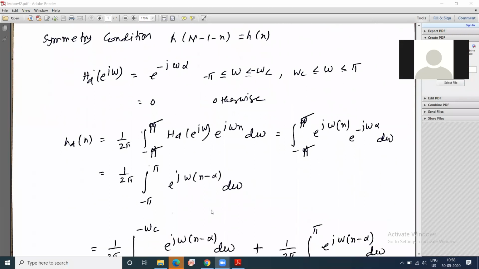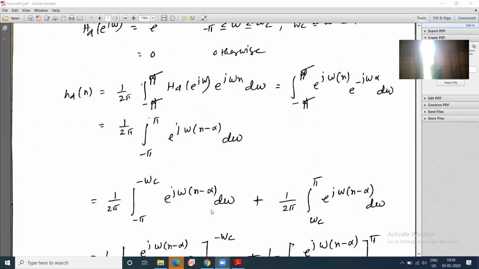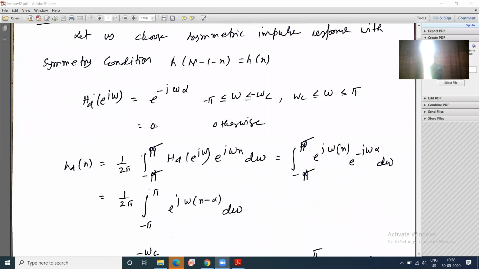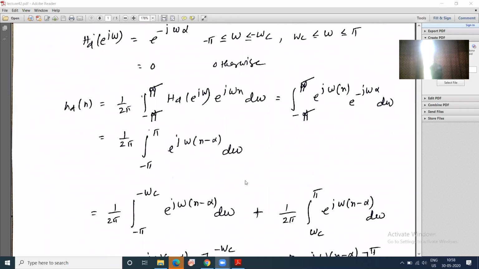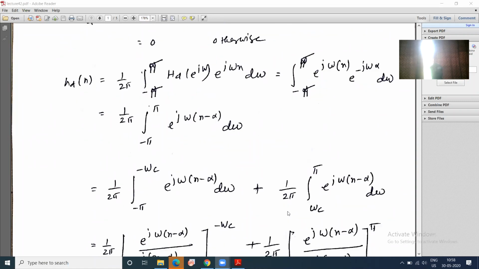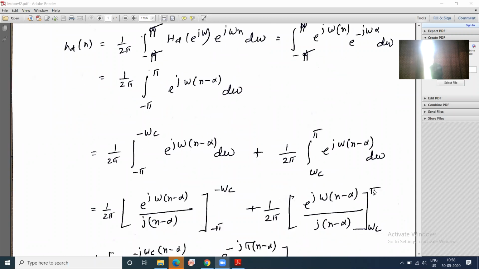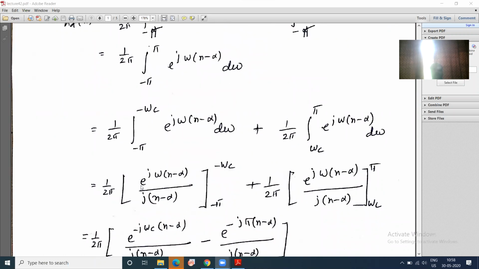Yes, sir. Now, what I am writing, this is 1 by 2 pi minus pi to minus omega c and 1 by 2 pi omega c to pi. Right, as per this notation, only in this region I have to integrate. Okay, so rest of the region the value is 0. So I will integrate 1 by 2 pi minus pi to minus omega c e power j omega n minus alpha d omega, and 1 by 2 pi omega c to pi e power j omega n minus alpha d omega. Now if we integrate this, it will be e power j omega n minus alpha